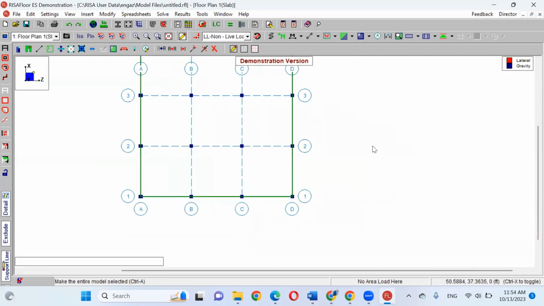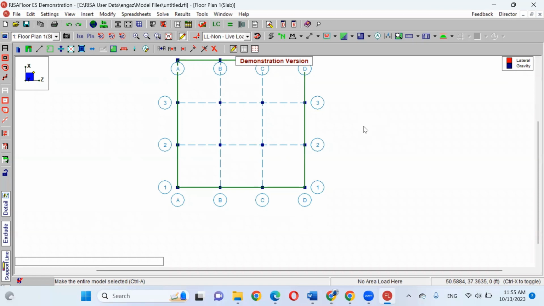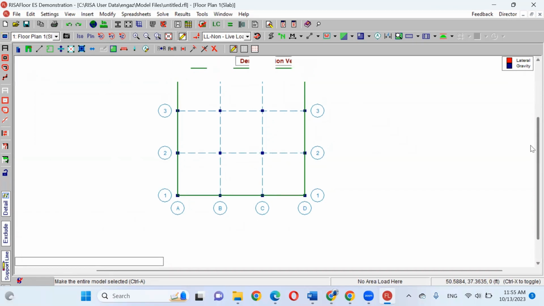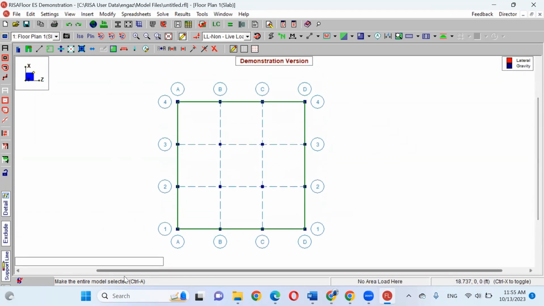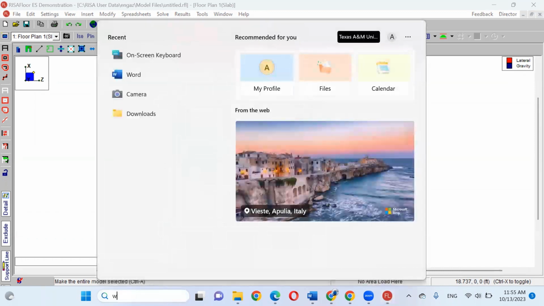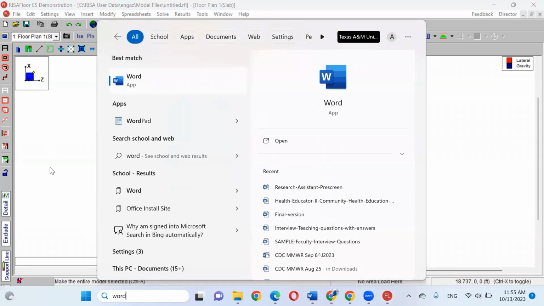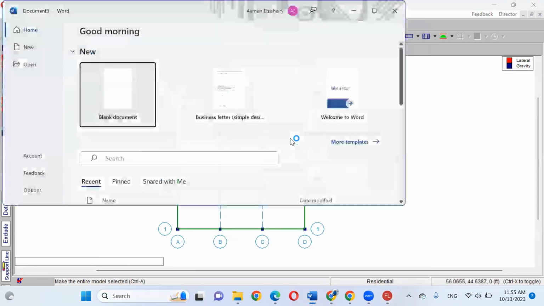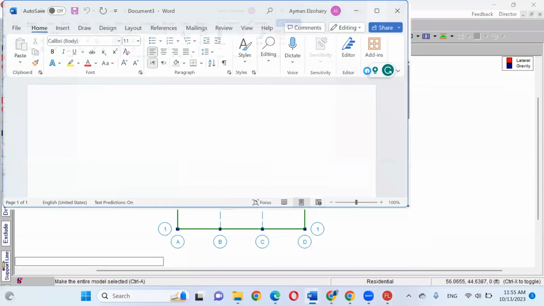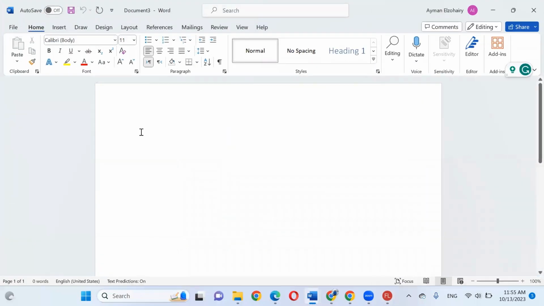So you draw the plan. If you open a Word file, you can write floor plan of question 2.